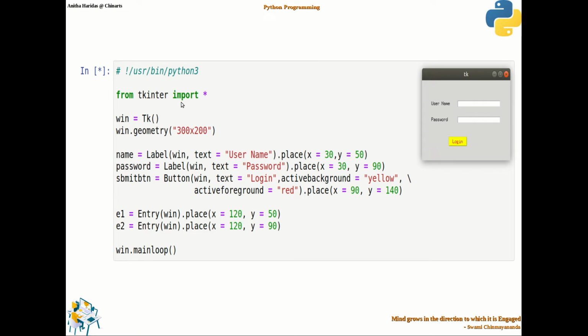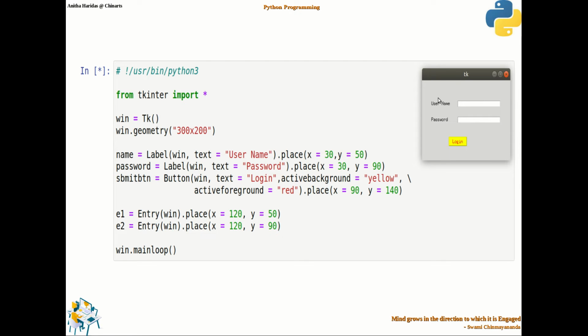You are going to import the module. Then you create a window with this particular size. Then I create a label which is having the text value as username, and I am going to add it to the window using the place method.